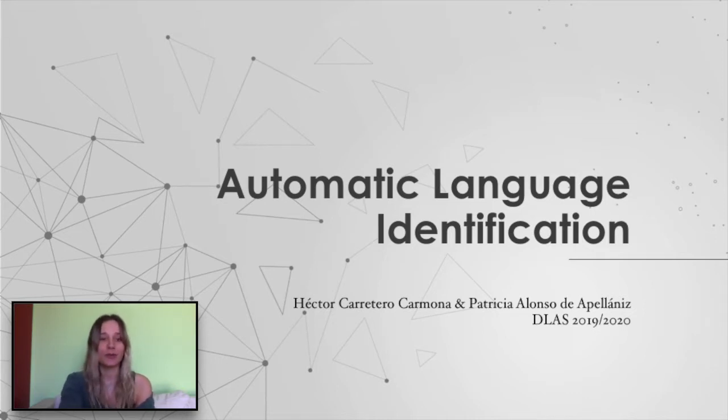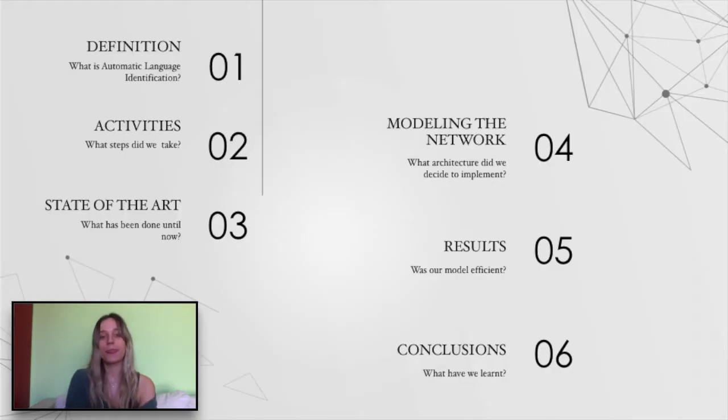So I'm going to start with the presentation. In this first slide, we can see the contents of the whole presentation. We are going to go step by step in the process of the whole project. So the first thing to talk about would be the task itself, defining it and explaining why we chose to work with it. The next step would be to show how we divided the process, which steps did we take to get the final results.